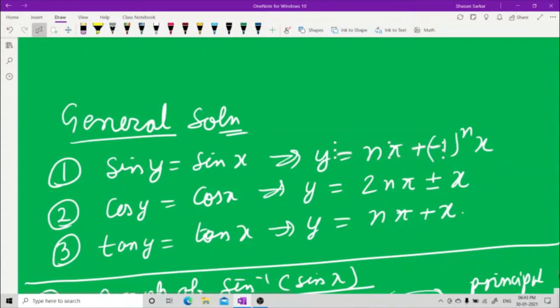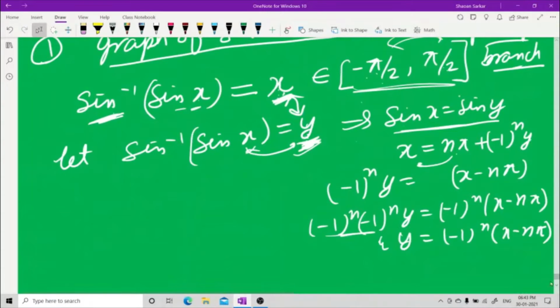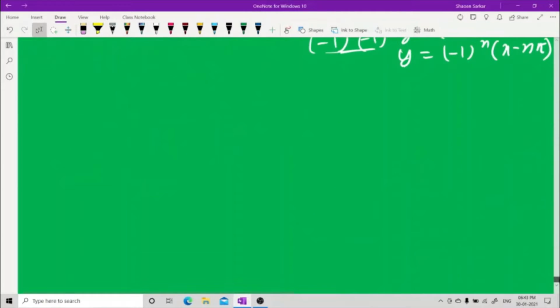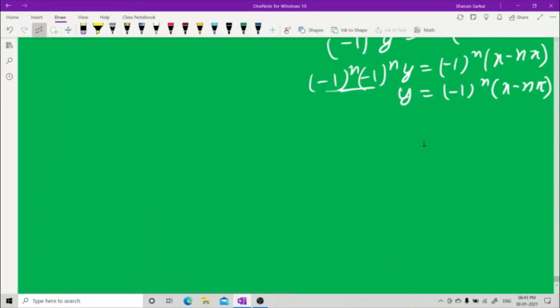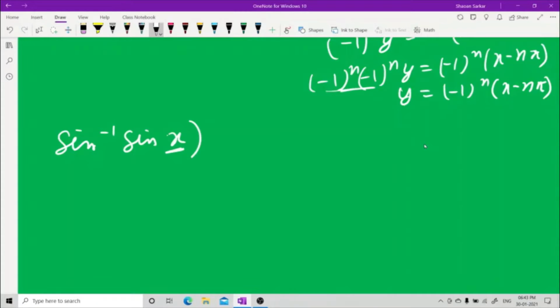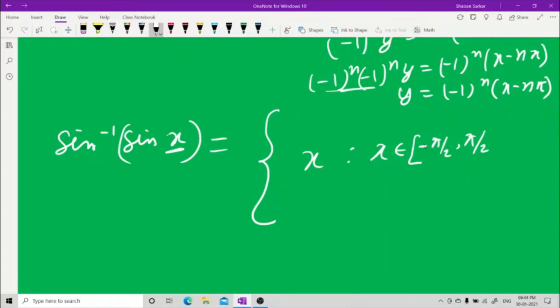Now see here, now you can see one thing, so let us pull it down, pull it more down, इसको रहने देते हैं यहाँ पे। अब देखो sin inverse sin x, जो भी इनपुट वैल्यू होगा, वो हर समय लाई करेगा, x belonging to closed interval minus π/2 to π/2, इसके बीच में लाई करेगा।